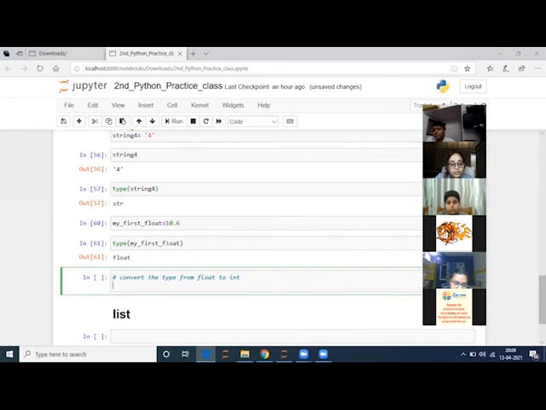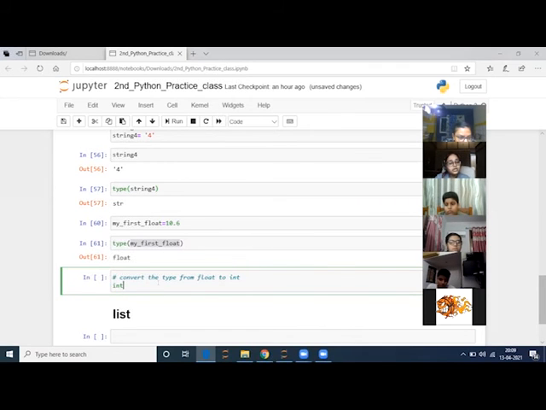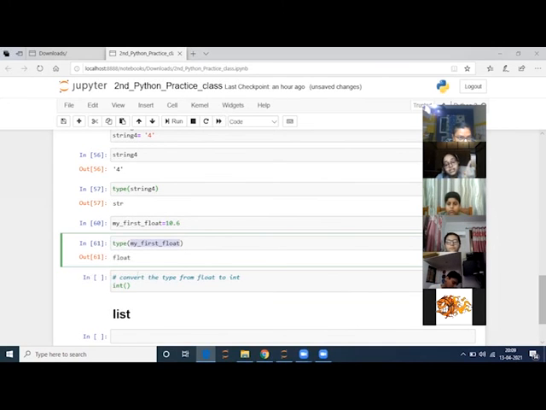Very easy. I want to convert the data type into integer, so I'll just write int and create a first bracket. And whichever variable I want to convert from float to integer, I have to mention that variable inside here.